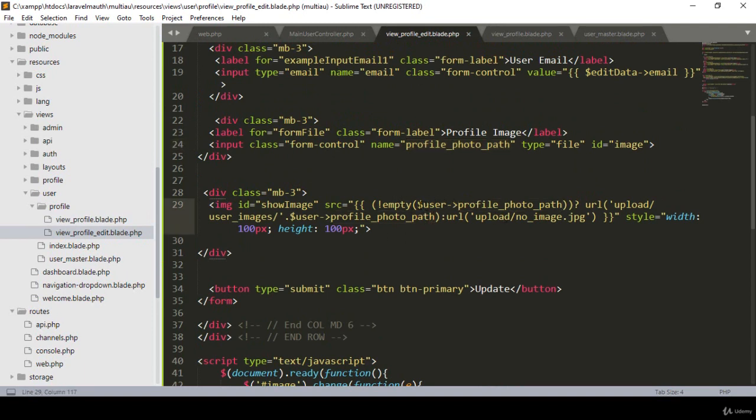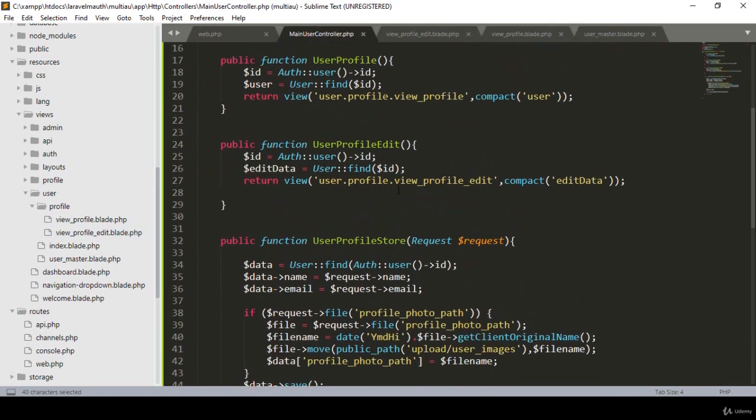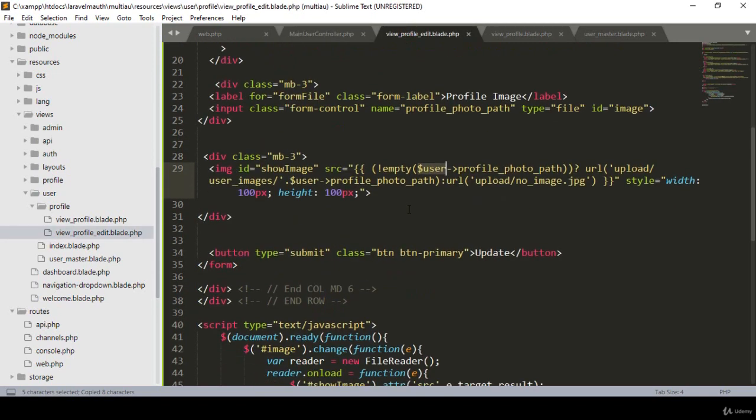You can see it's not displayed because I am using that user. But in our profile edit, in our view profile edit, I pass a specific find-out data, taking the things with this variable, and here I pass that as edit data. So now it should obviously use edit data. In our profile edit page, I pass